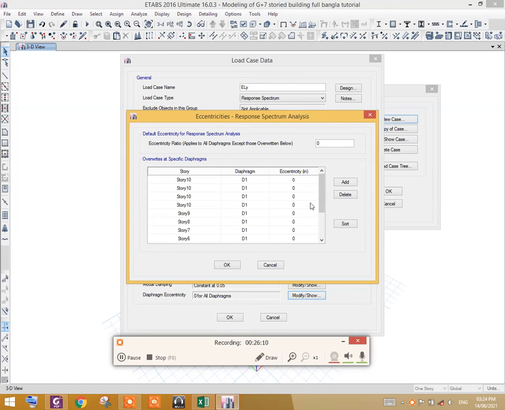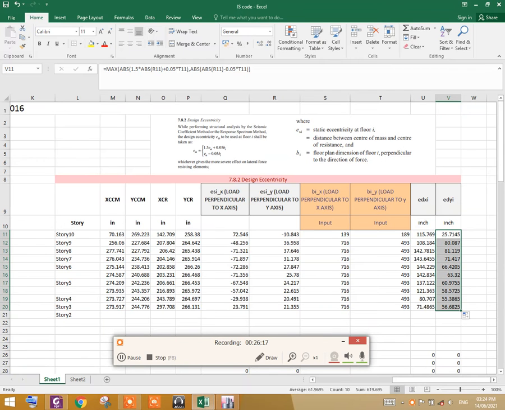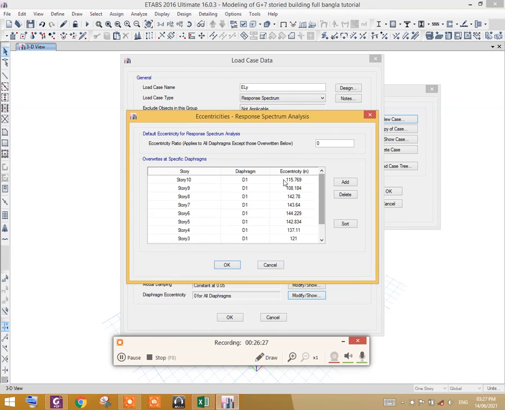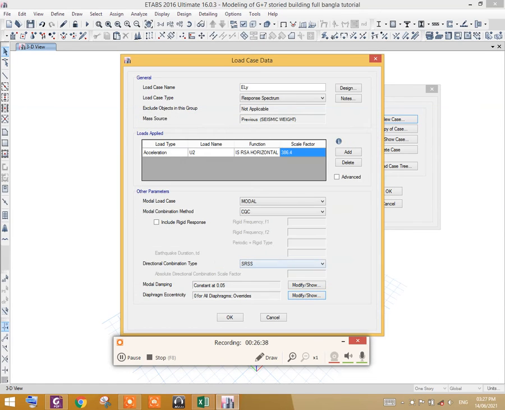So we need to put here the values of EXI. I have put all the values here. You can see floor by floor the values of eccentricity of all the floors are input. Now press OK. Now press OK.